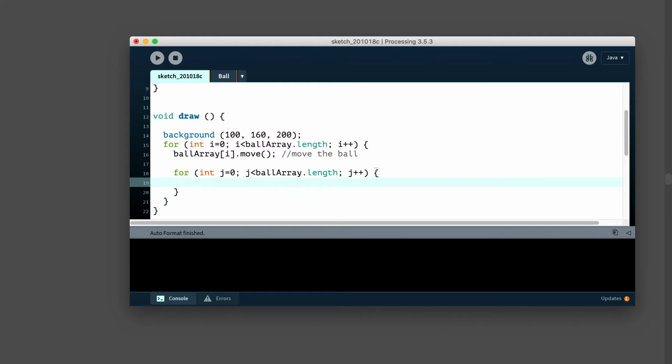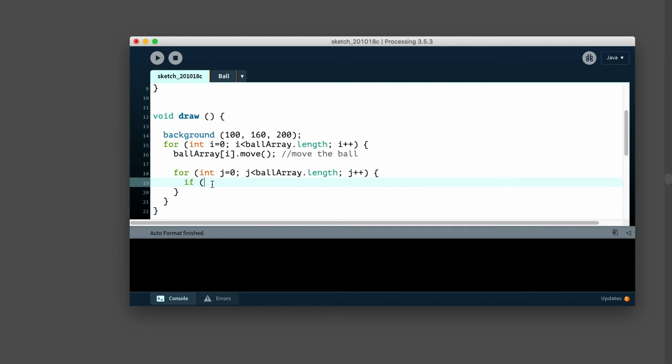But if I selected the very first one, index 0, I wouldn't want to run this function on the same version of that, or the same instance. I wouldn't want to run it on ball array index 0, because those would be right on top of each other. They're the same. It would be redundant, and you would get an intersection, I guess.